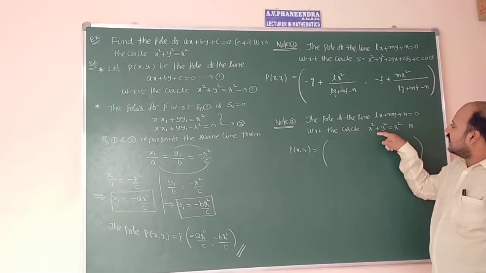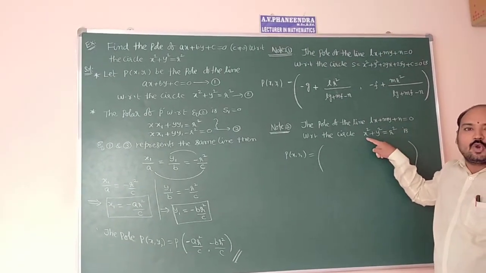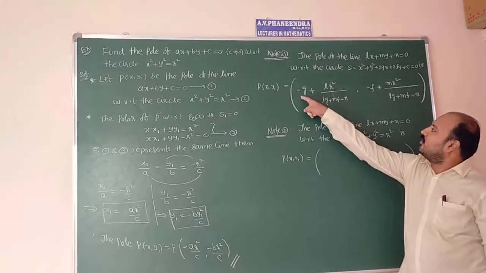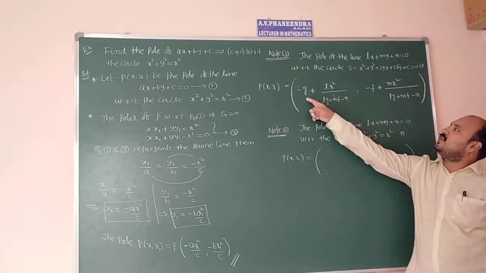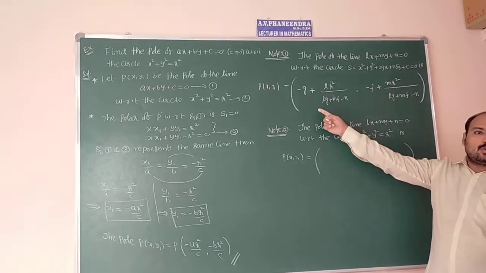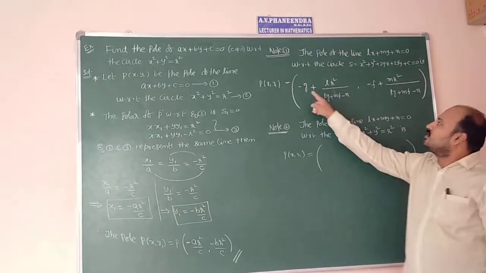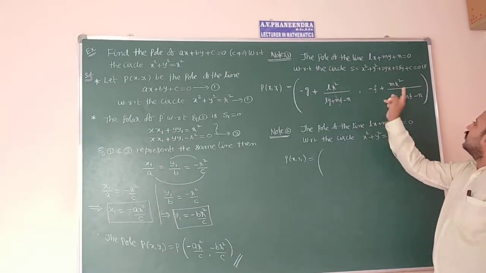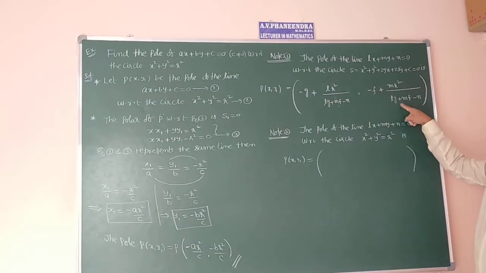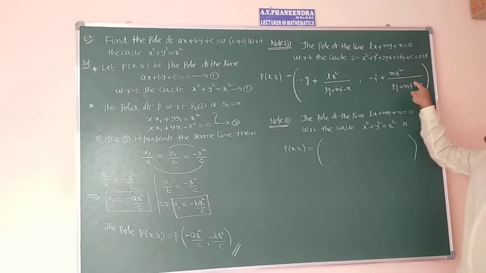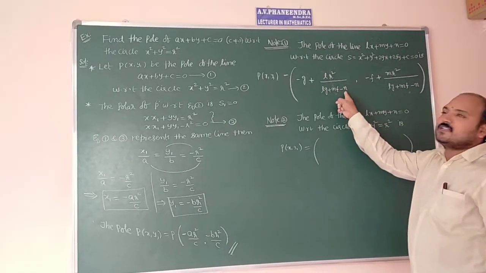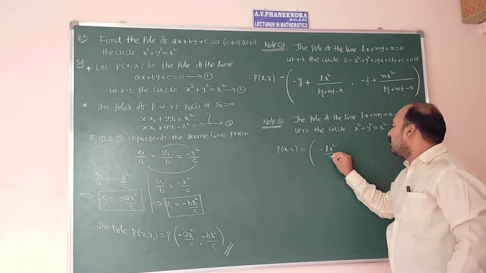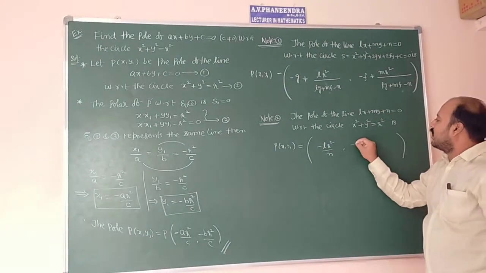The center of the circle is 0 comma 0, that means minus g value 0, minus f value 0. So wherever g and f are there in this formula, you have to substitute 0 comma 0. So this value goes to be 0, this value 0, this value 0. Now next here f, here g, here f values go to be 0. The rest of the term is L r square by minus n, that means minus L r square by n, comma minus m r square by n.